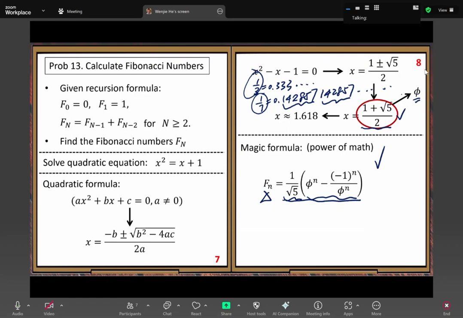You only need to verify some given formula. It's much easier than discovering some unknown formula. So we take the easier approach first. We just verify it. That's the first way. But the second way